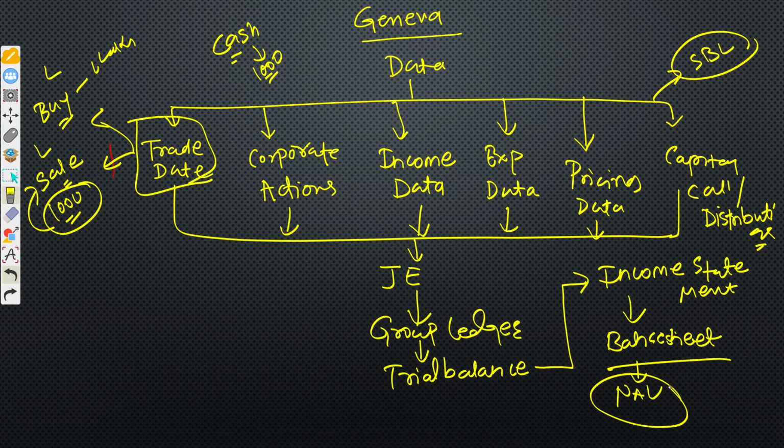So the process is long. In the back end, if you want to compute NAV, trust me, you will have to work with all such teams: brokers, custodians, fund managers, trade processing team, corporate action team, income team, pricing team, then capital and cap stock activity team. If there is a different team for journal entries, you will have to work with them as well. But anyway, for computation of NAV, the system will prepare